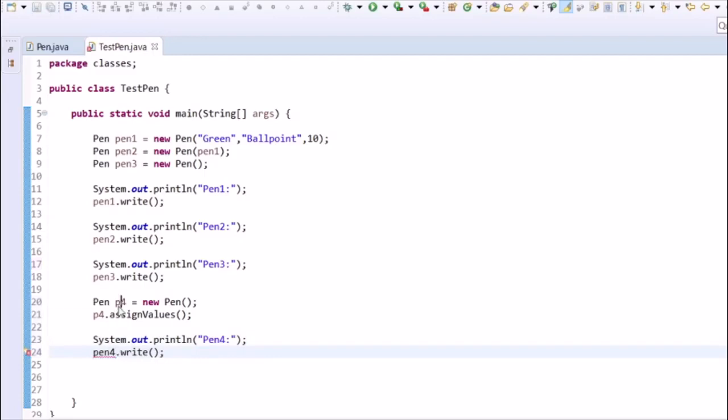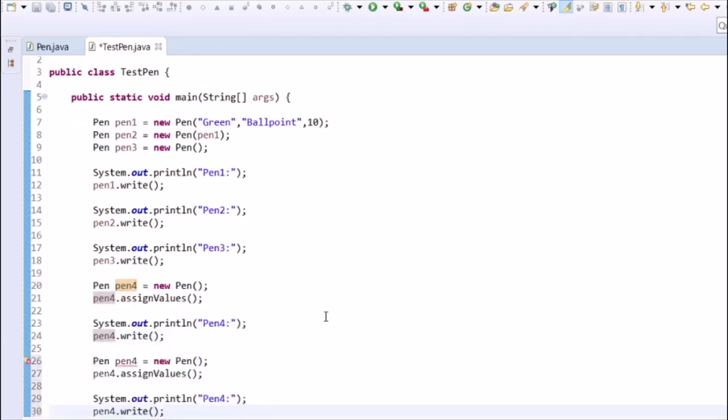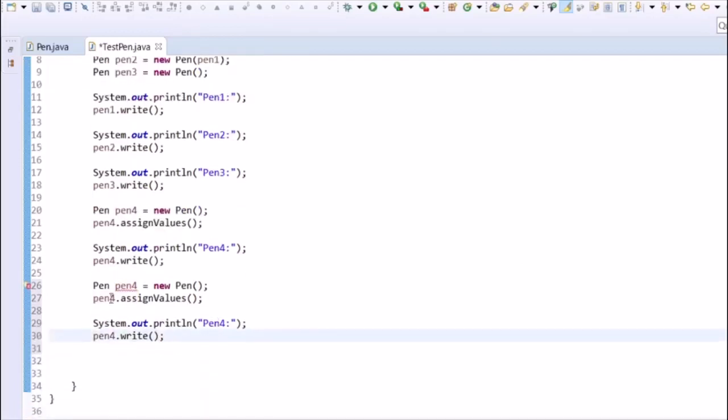Similarly, let's create a few more objects, pen 4, pen 5, and for pen 5 in assign values we will pass the values like blue, ink, and length is something like 11, and let's try to print it.